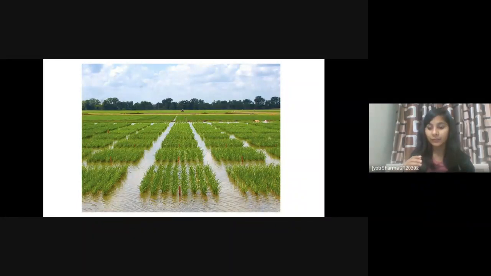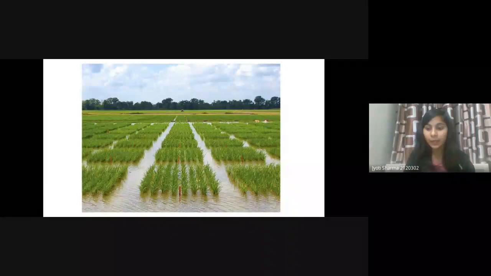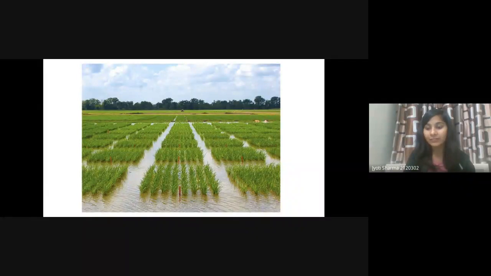You don't have the soil pores void. The soil pores have been filled with water, and that's why the organisms inside your soil may not be able to get oxygen from the atmosphere. So they will have anaerobic respiration, which means they survive in the absence of oxygen. And if there is no oxygen, then the organisms will release methane